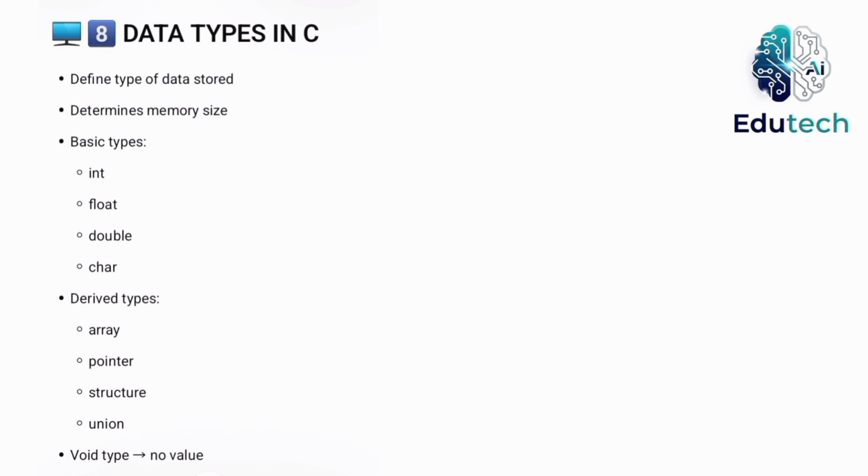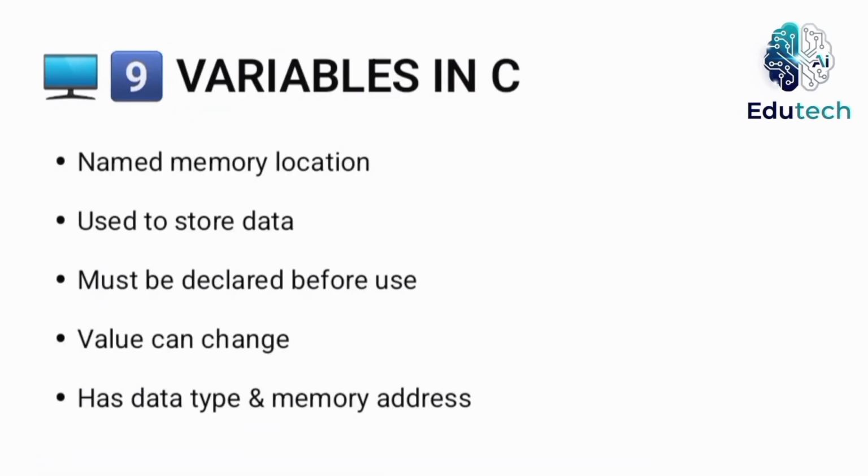Selecting the correct data type is very important because it ensures efficient memory usage and accurate results in computations. Variables in C. A variable is a named memory location used to store data. Before using a variable, it must be declared with a data type. For example, when we declare int age, the system allocates memory to store an integer value and associates it with